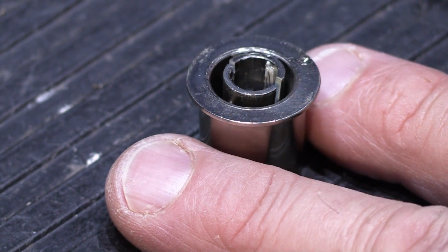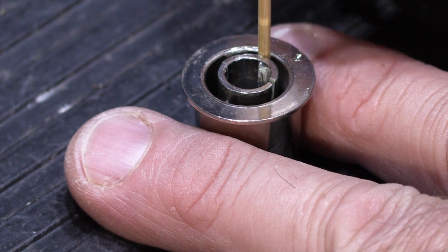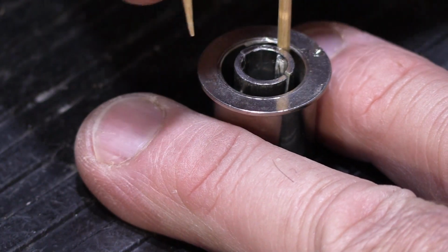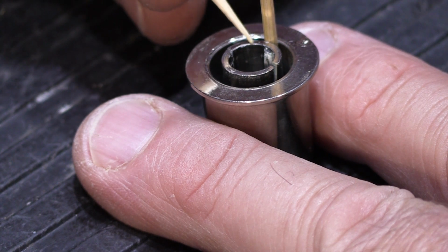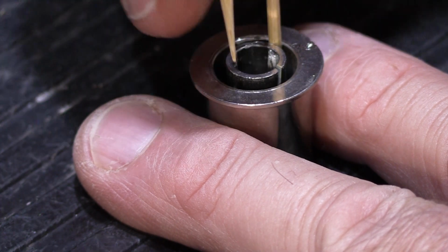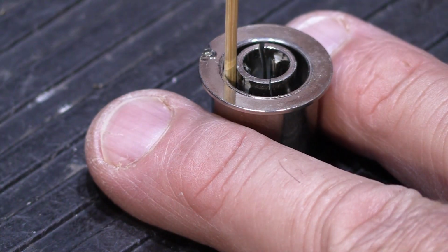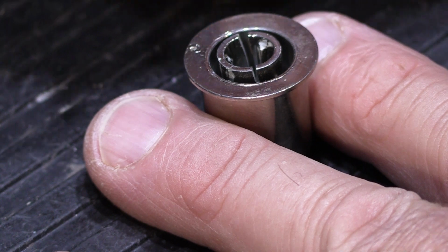So this one's going to be a little different to do, because if you put a toothpick in like this, the toothpick is not really a large enough diameter to force it over all the way, and even if we put two toothpicks, one on this side, this side is the broken side, the side that's wiggly and loose, and this side is not. So if you put a toothpick in here, it's not doing you much good, but we'll talk about that in a second. So what we're going to do with this one is a little different: we'll take the toothpick out and we'll put